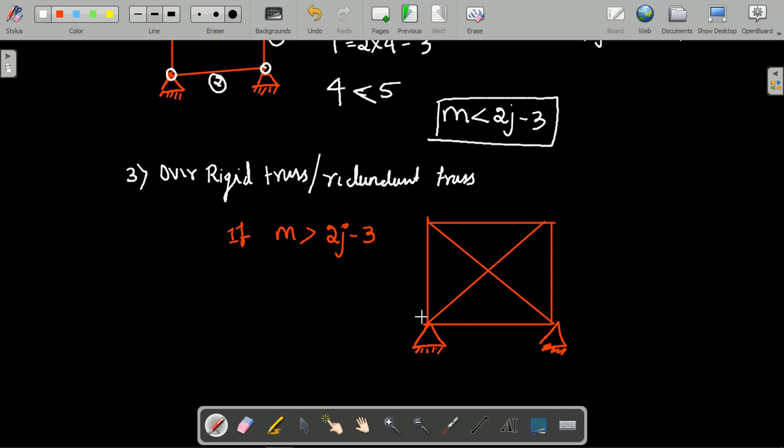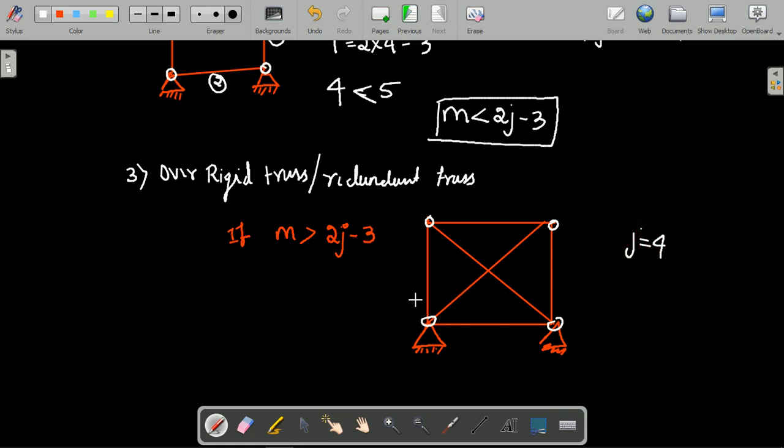So this is one joint, second, third, and this is fourth. Here we are not considering this as a joint, this is an overlap. Clear? Sometimes it is considered a joint and sometimes an overlap, but usually this is an overlap, and we are not considering it as a joint. Therefore the number of joints is equal to 4.